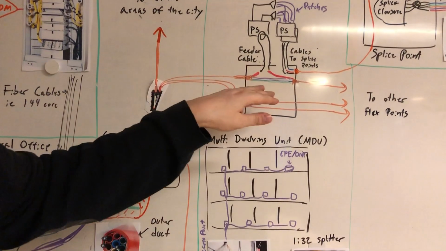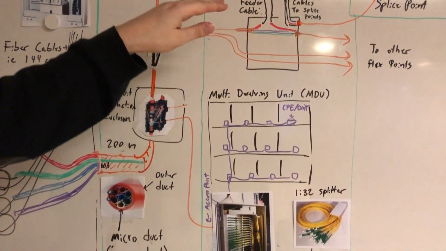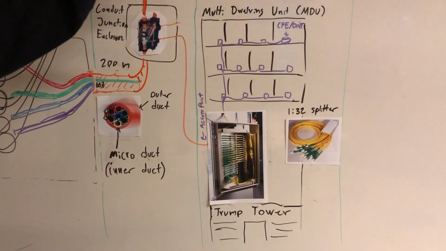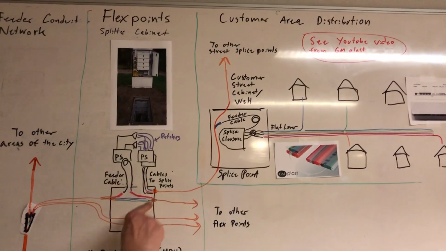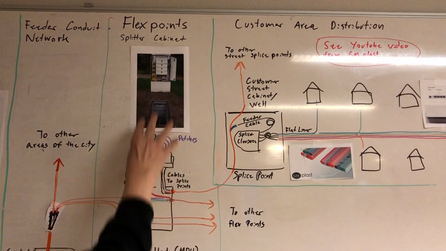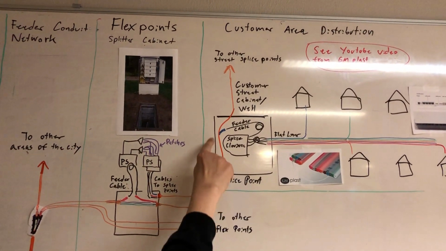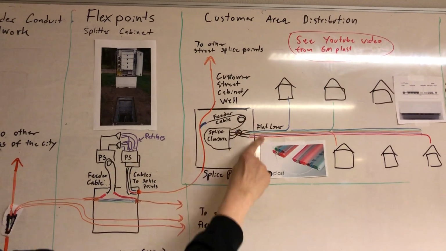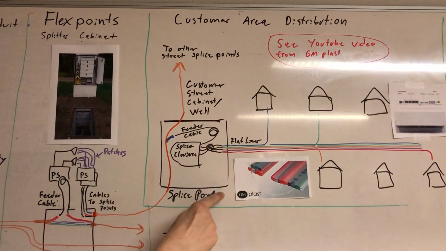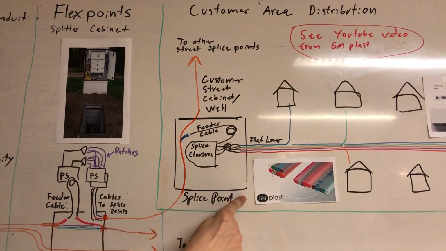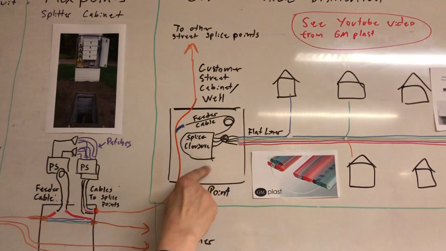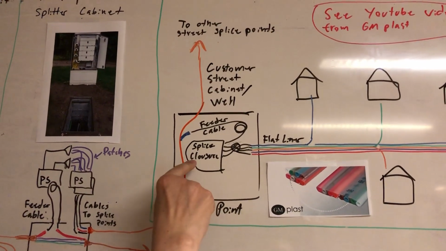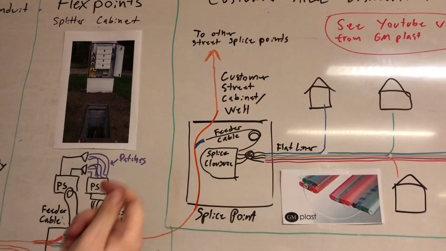From there, from the flex point, we're going to connect the flex point out to the city, to what we call the splice point. So you see this example here, there's a flex point. This flex point will be connected to a splice point. I have tried to write it like this, so you can see inside the splice point. And this splice point, when you have to connect the customer,